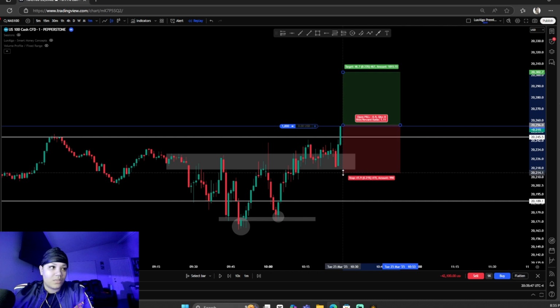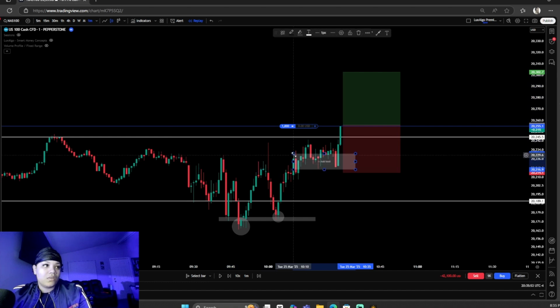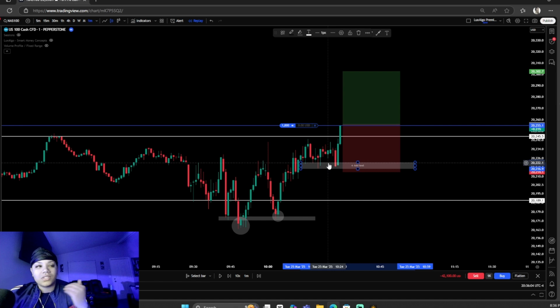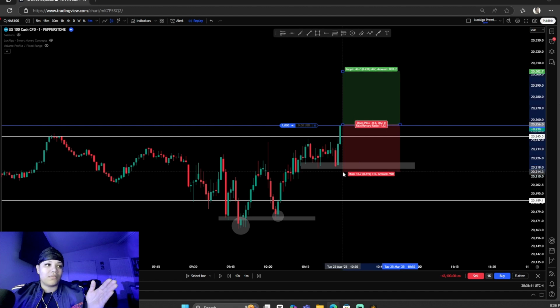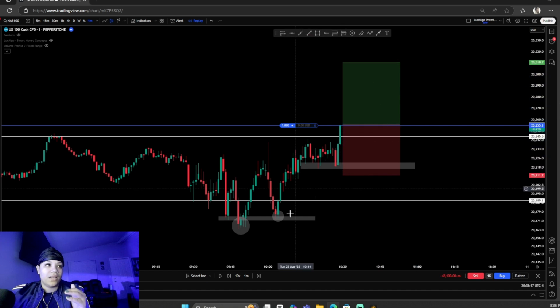Honestly, if price was to break this level here, I'm gonna move this just so you guys don't get confused. So if price was to break this level here, structure, this is like structure on a 1 minute. I could switch to the 5 minute, but I don't want price to show me where it is going already. But if price breaks this level, then I know that price wants to continue to push down, so give it a little room and then we aim for whatever.